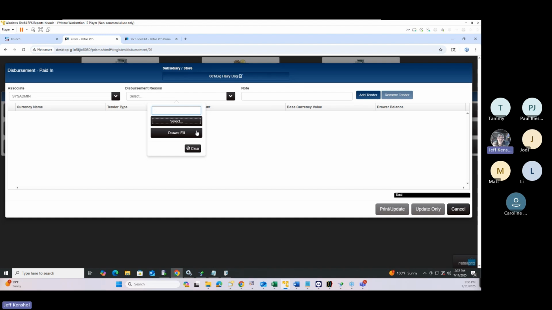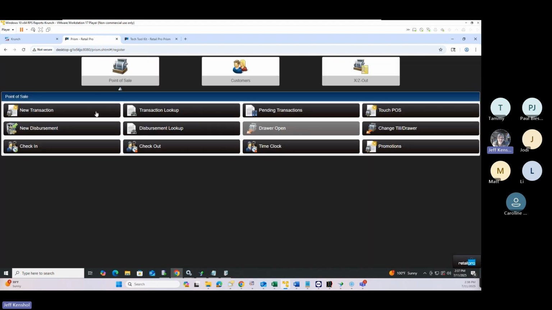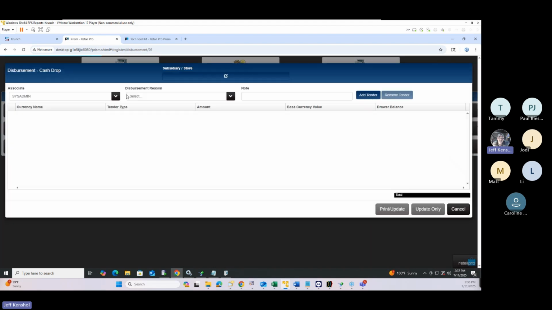So that's the paid in, paid out part, right? The cash drop is pretty easy, right? If you go in here and you want to remove money, then you just come in and say it's a cash drop. You only need one reason there, and say how much am I taking out, and you add the amount you're going to take out, right? So if I'm going to take $100 out,